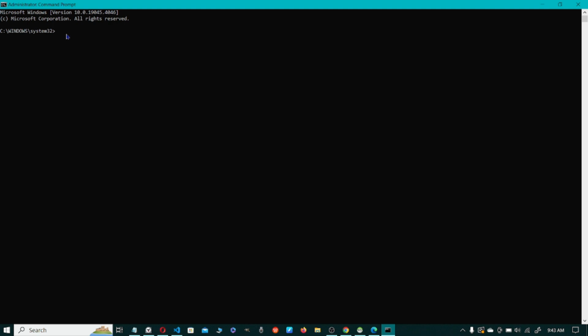Now you can see we are in the system 32. Let's change to mysql bin, cd and the path. So that would be the path. Let's execute it, and now let's type mysqldump